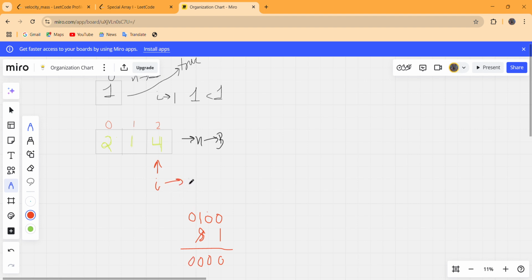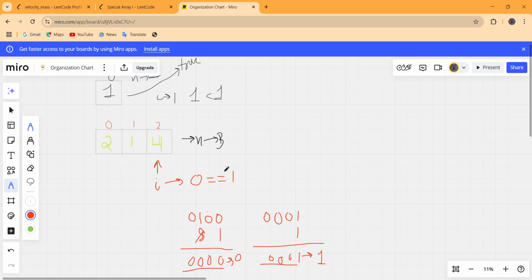So nums of I AND 1 will generate 0 as the answer. Is this equal to nums of I minus 1, that is 1, represented as 0 0 0 1? Bitwise AND with 1: 1 and 1 is 1, and the other 31 bits are 0, so this will generate 1 as the answer in decimal, and the other will generate 0 as the answer in decimal.